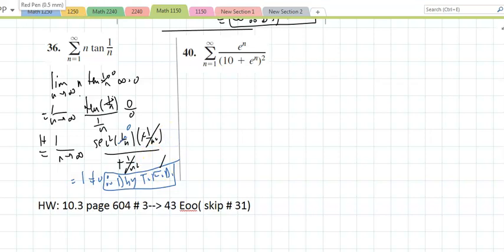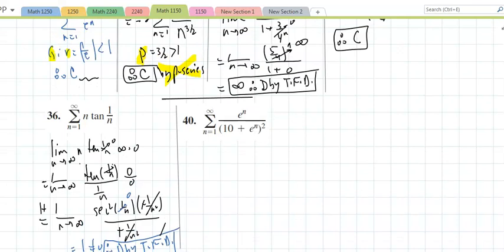How about that problem? Well, you could try anything you want. In the next section, we're going to learn about the comparison test, and that turns out to be an easy way out. For now, we don't have that. So I'm thinking I'm going to use the integral test, but I have to show that it's decreasing. No way around it. If I take a derivative, the top is e to the x times the bottom